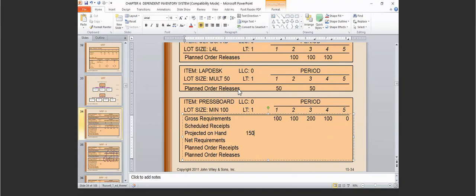So the MRP, material requirement planning, for period 1 of Freshbot: we have a gross requirement of 100 units and projected on-hand inventory of 150. So we have sufficient inventory to support the gross requirement. So we're using the inventory that we have, and we have a balance of 50 units at the end of the period. But for the gross requirement in period 2 of 100 units, the projected on-hand inventory is